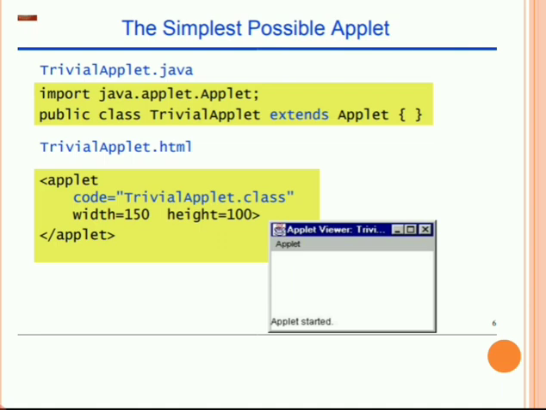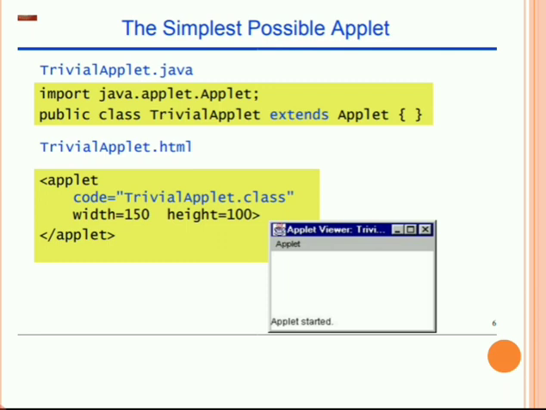The applet tag we have just seen has different attributes. To do so, use the param attribute of the applet tag, specifying the parameter's name and value. We have to just specify the name of that particular parameter and value. As we have seen, the width parameter's value is in pixels, and the height parameter's value is in pixels also. Just like that, we specify the name of the parameter and its value.